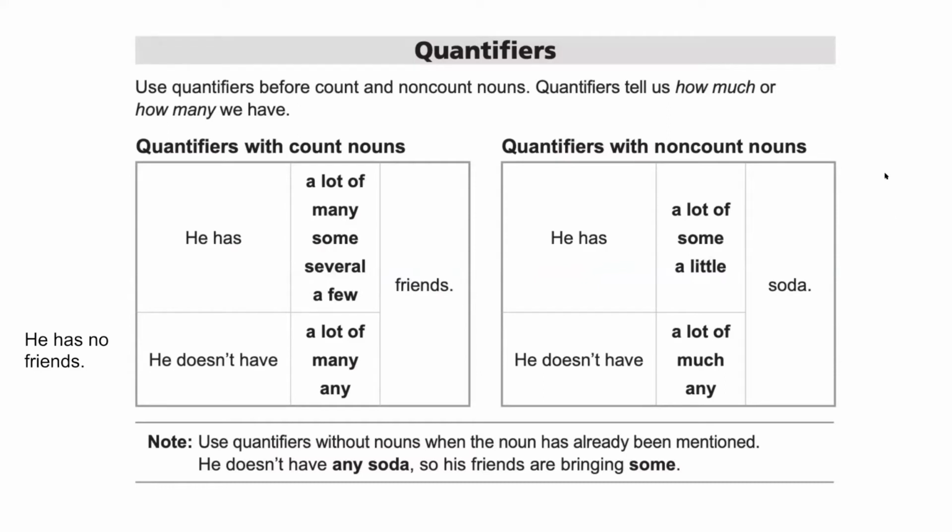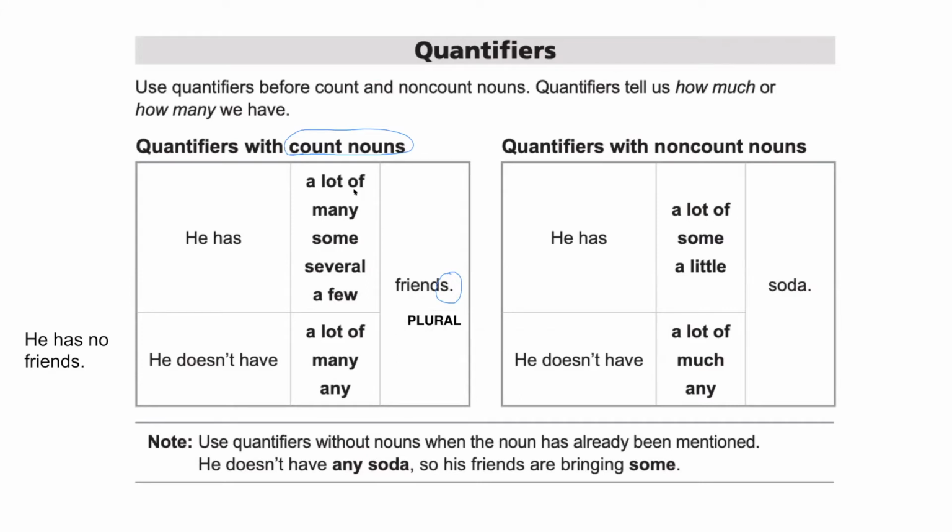So again, if you remember, quantifiers are words that we use often before nouns. And if you remember last week, we mentioned count nouns and non-count nouns, or nouns that are uncountable in this case. Now, again, I'm not going to read everything necessarily here on the screen, but if you remember, we did discuss a couple of things. So I want to kind of illustrate here. So remember, when we use countable nouns, the first thing we need to understand is we use those countable nouns in the plural form when we use these words. So again, if you notice, we don't say friend, we say friends. So when we use these particular quantifiers, we have to use it in a plural way with countable words.